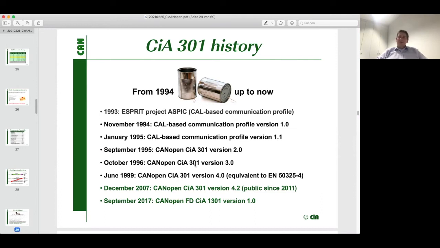For the newcomers here, CANopen was pre-developed in 1993 in a European research project and then handed over to CAN in Automation for maintenance and further development. Since September 1995, we have been maintaining the CANopen specification in the document CiA 301, no longer in version 2.0 but in the latest version 4.2, available to the public since 2011,